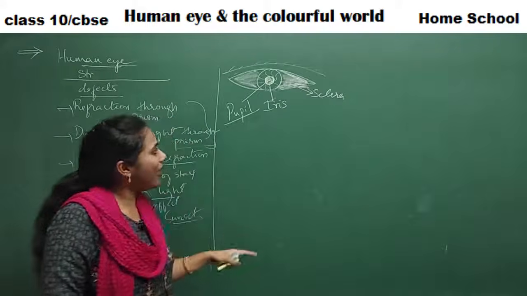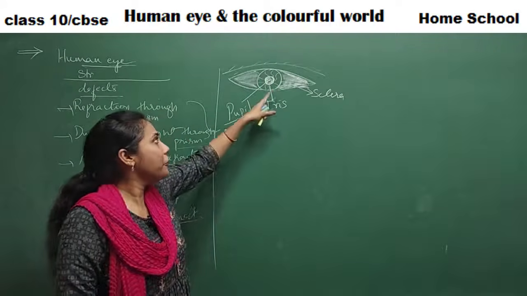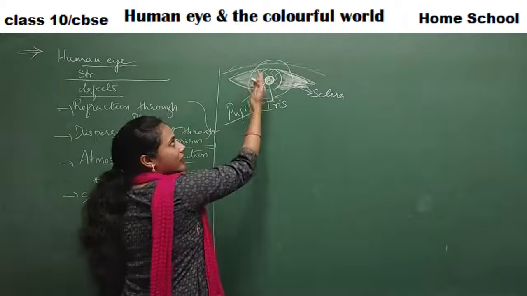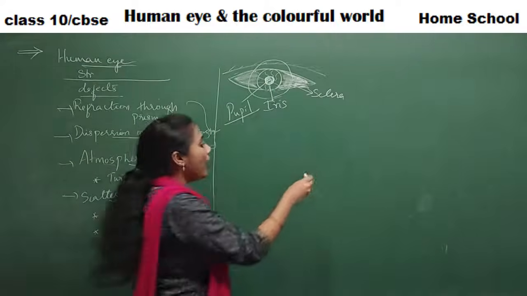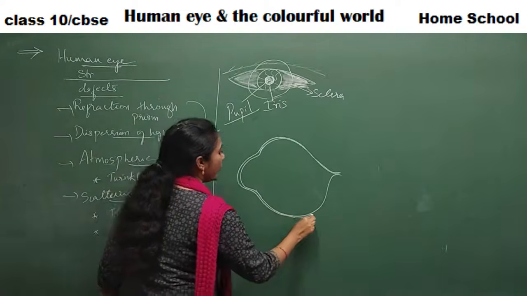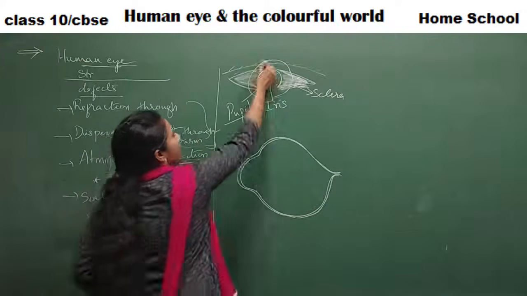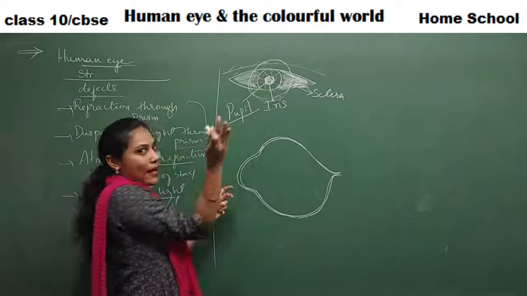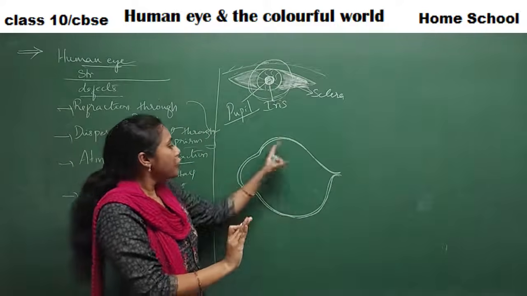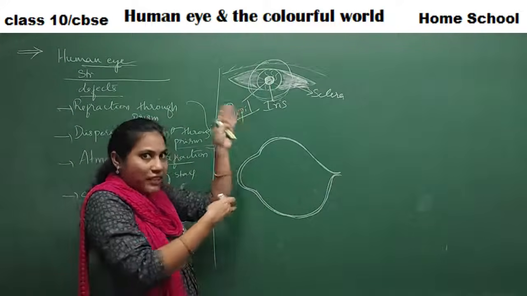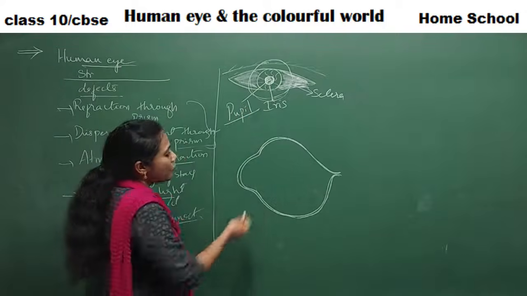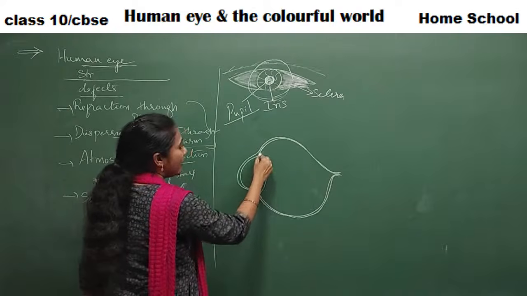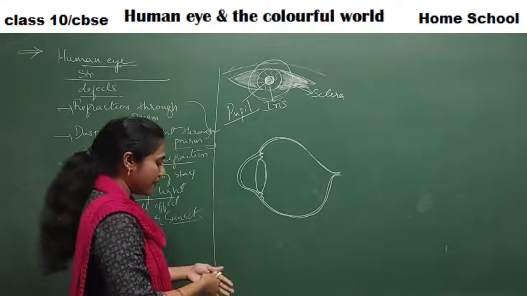Clear? And if I have to draw the internal structure of an eye, say I cut this particular portion and watch it internally, how does it look? I think you can understand which portion I'm drawing here. I'm cutting like this, and that lateral, internal part I am watching. So when I cut open the eye, this is how the inside looks. Let me first draw it and later I will name the parts. Okay, something like this.